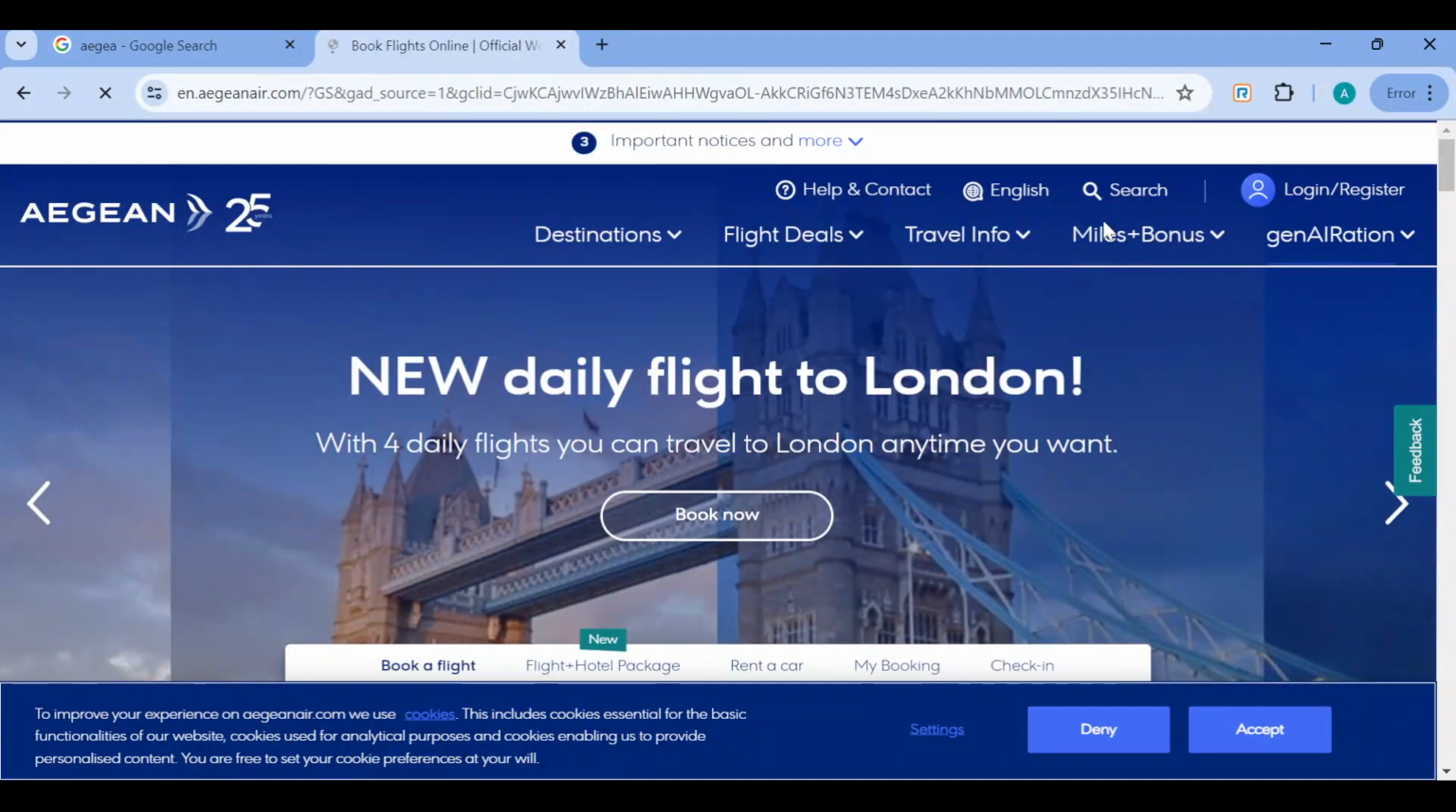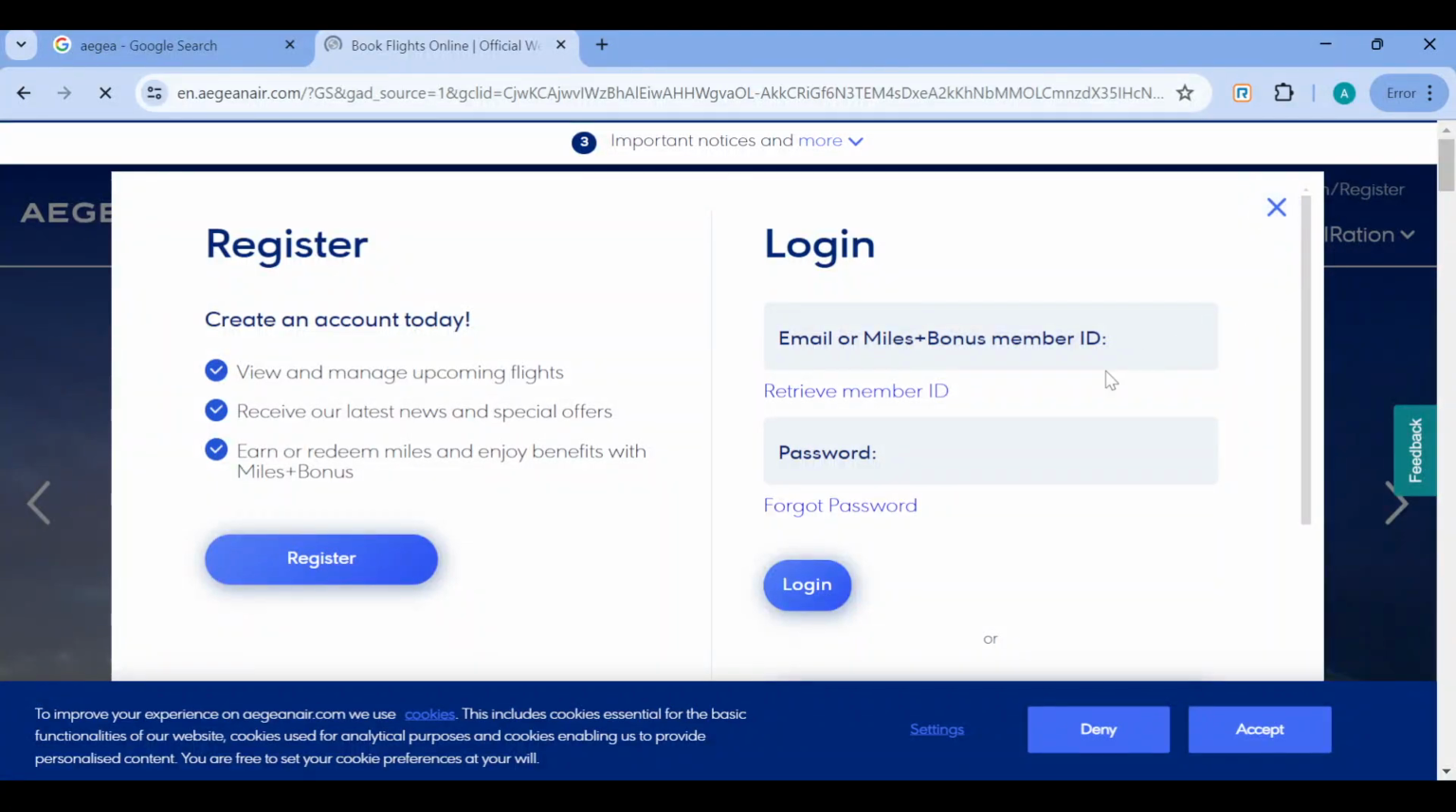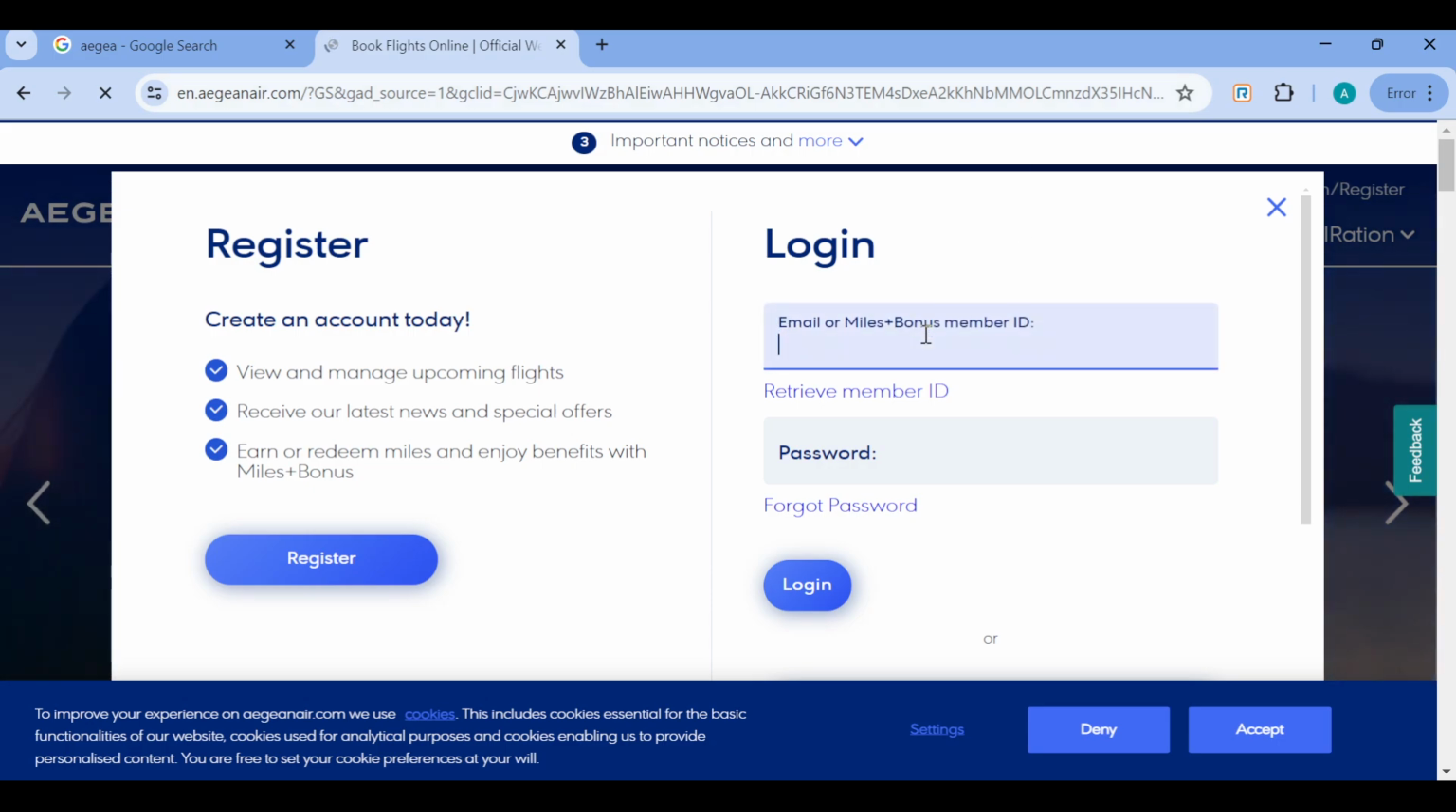Once you can see this, the next step is to move to the top right corner and click on the login/register option. After doing that, a box will be displayed. In this box, the next option is to click on login since you already have an account. To do that, just go ahead and type out your